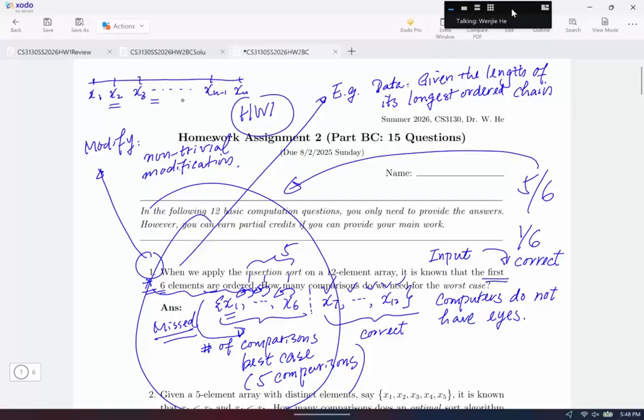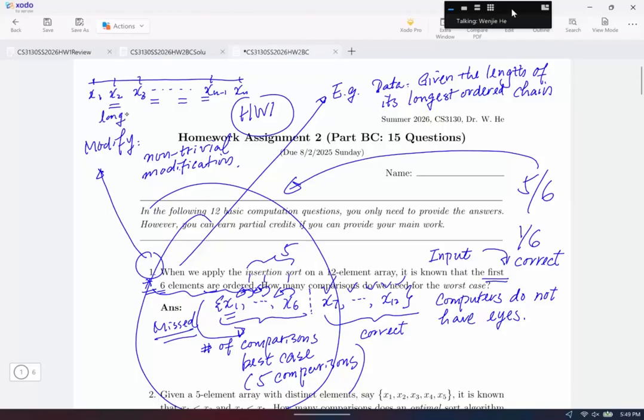I only say there exists certain ordered subarray inside. So inside the input, there is some ordered subarray, but the longest, because